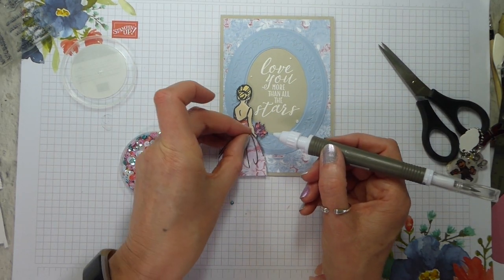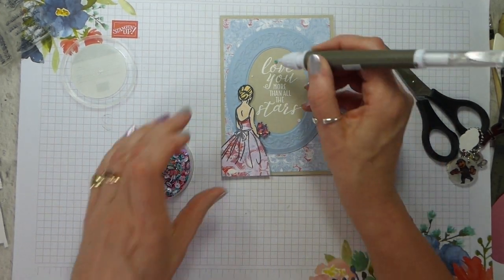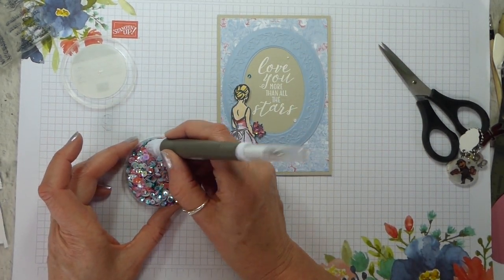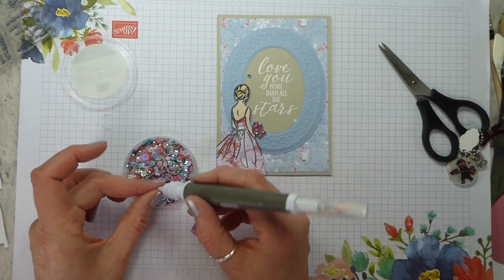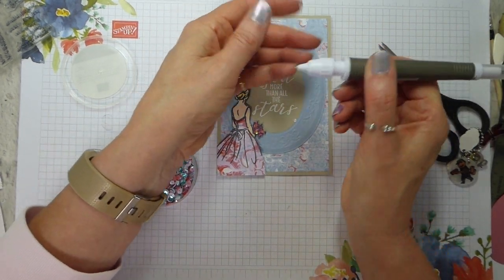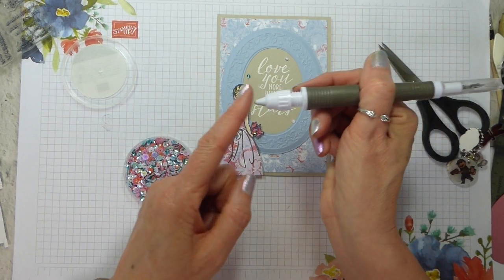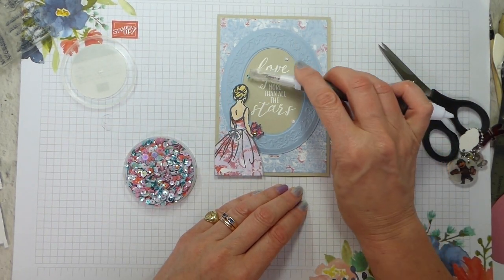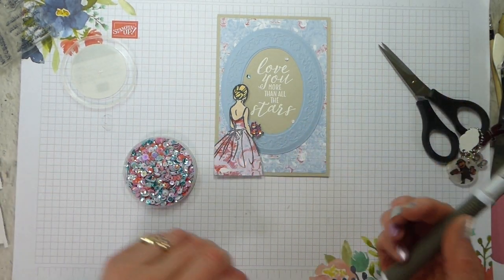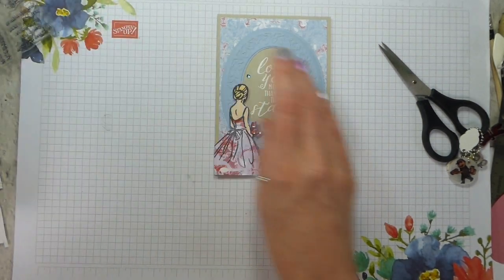Now it's better. Right, so let's pop that one there. So that's a pretty peacock. And actually, let's see if I can get one of the bluer ones. Actually, no, we'll settle for this one. And as you see, this has now come out more than I really need it to. So do twist the nib of your take a pick tool gently, because it will keep coming for a little while. And then to keep that tacky, pop your lid on. And there we have our two